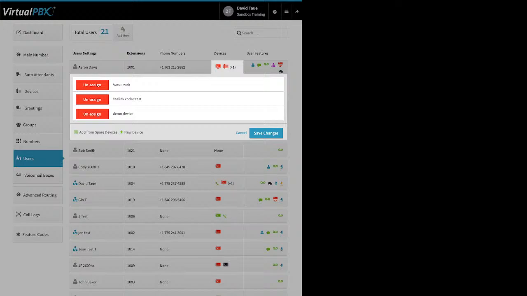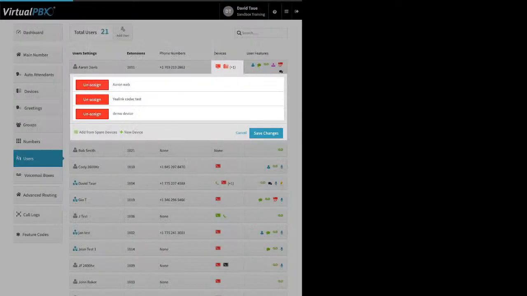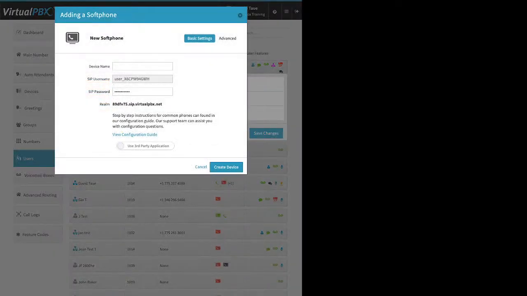Here you can see the user devices. I'm going to go to the soft phone here. So on the user, when you add a soft phone, you still get that warning message. We're going to get that big box that shows up with the 3 pieces of information. But you notice down here, it says use third-party application. You click on that,